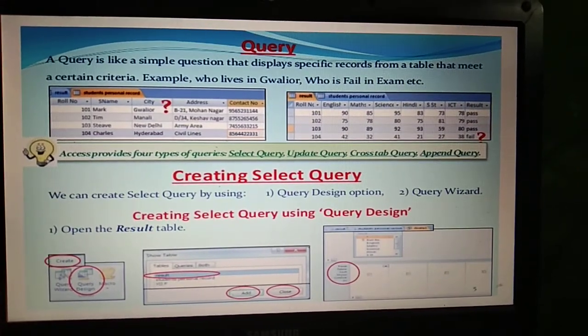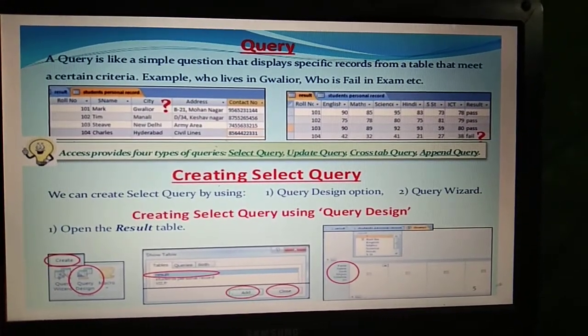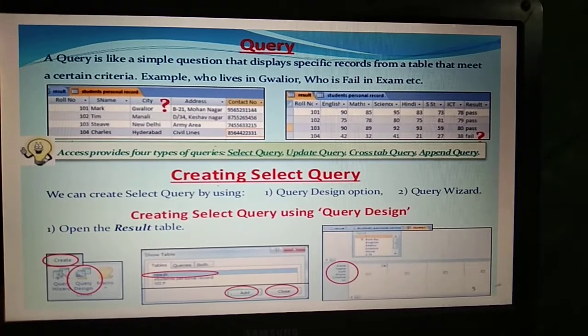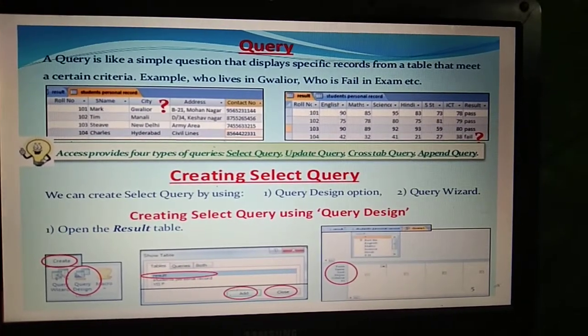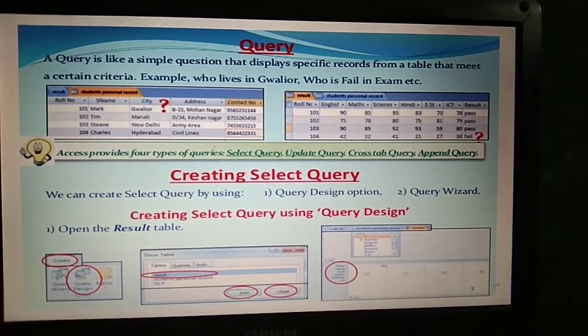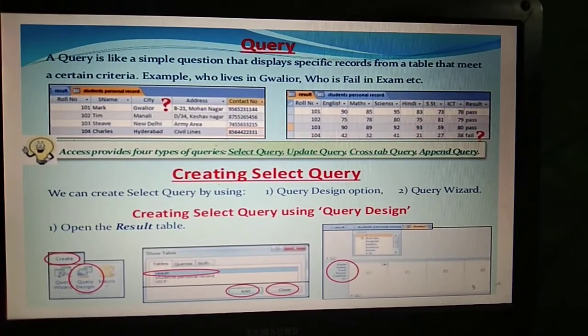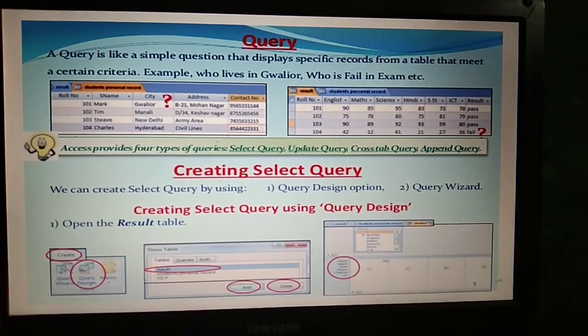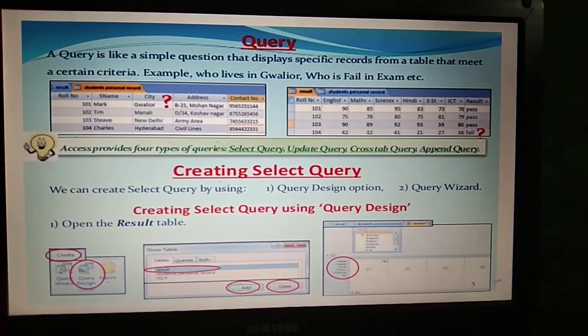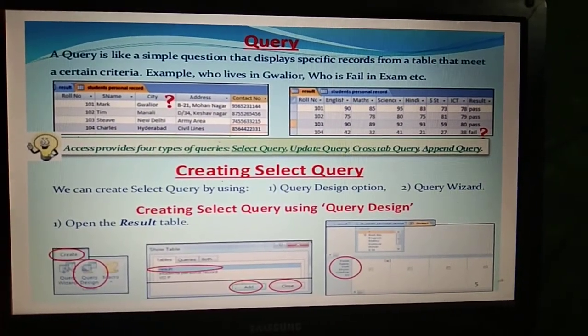Here we will discuss how to create a query. So I will just repeat the definition again as an introduction to queries. A query is like a simple question that displays specific records from a table that meet certain criteria.